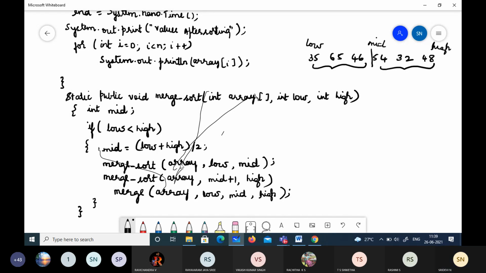Right? So what we have to do is divide and then merge it. We have two functions here: merge sort, which is recursively called, and merge, to merge the elements, for which we are passing low, mid and high. The whole array we are passing. So what do we do in this? We will just take the elements, compare and put them into one more array. We will use an extra array here in merge sort.